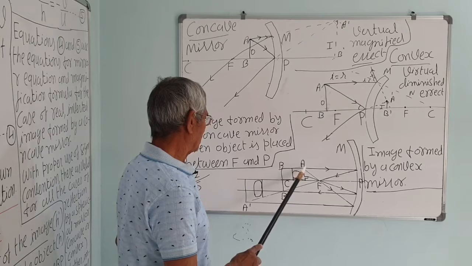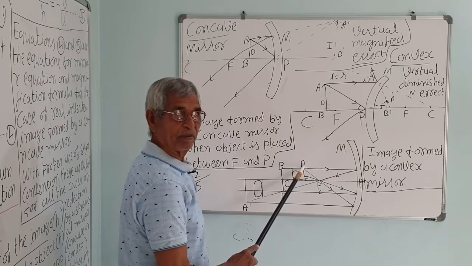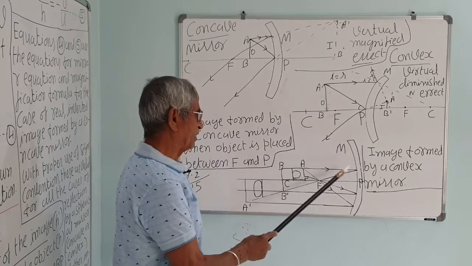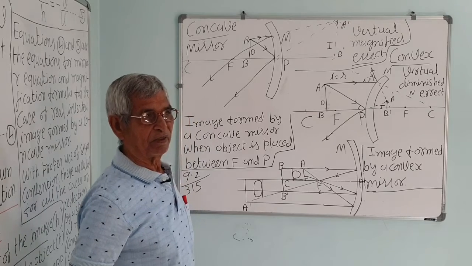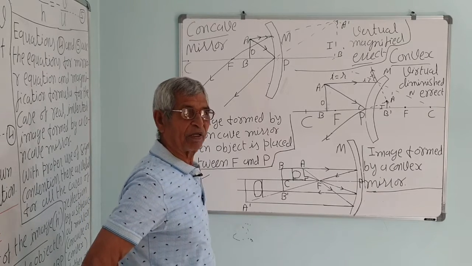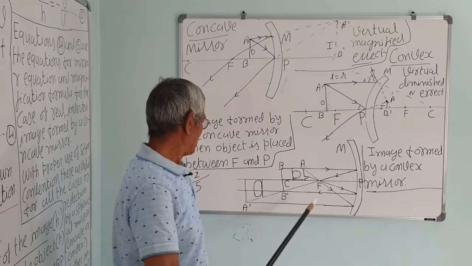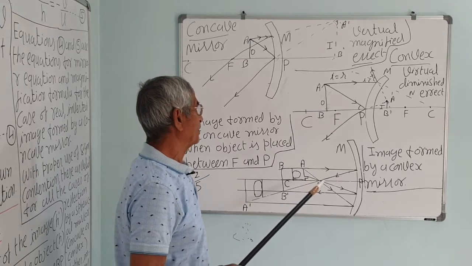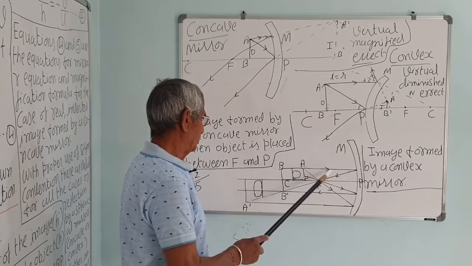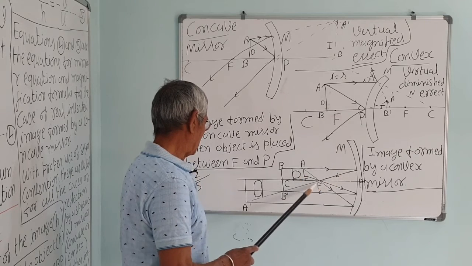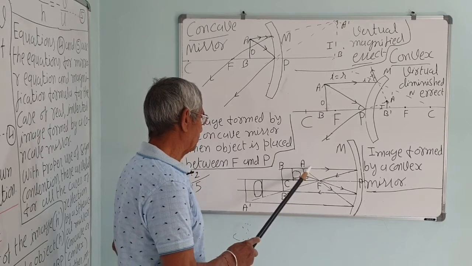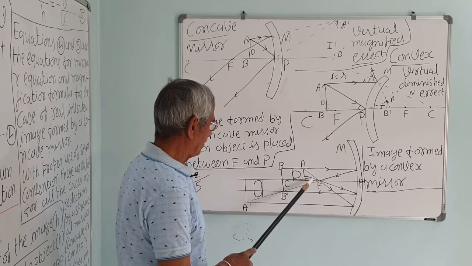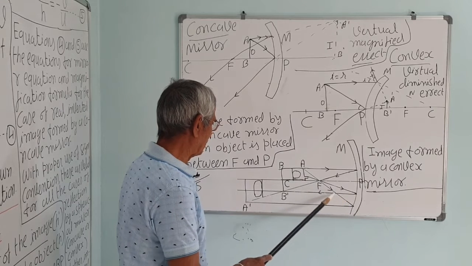Now take two rays. There is one parallel from the A, remember, that will pass through the F. Remember always, parallel rays after reflection or refraction pass through the F. In the case of the lens, it will be refracted, but it will converge to the F, or appear to diverge from the F, if it is a convex mirror or concave lens. So this ray is reflected like this, it goes like this, parallel, correct. Another, you take from this point, passing through the F, after reflection it will go parallel.